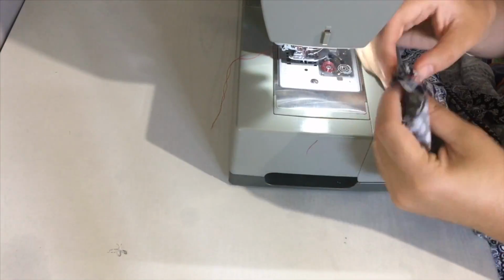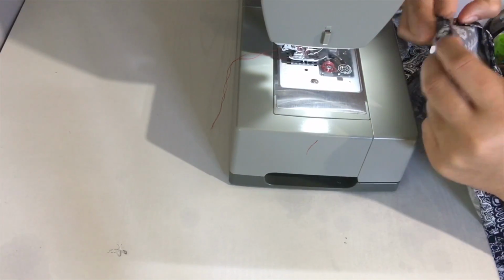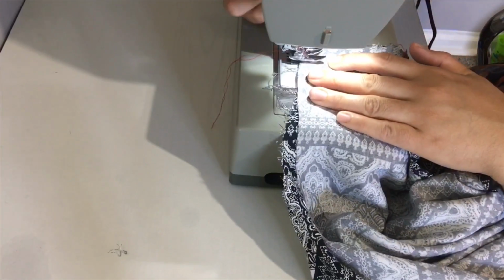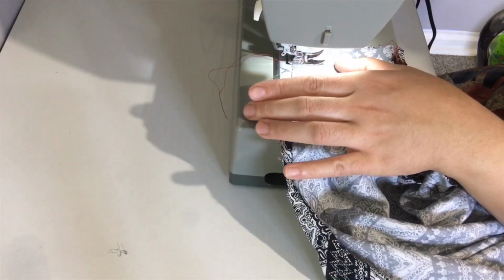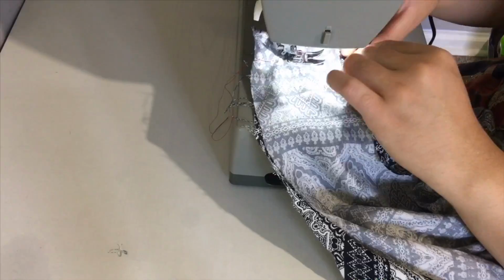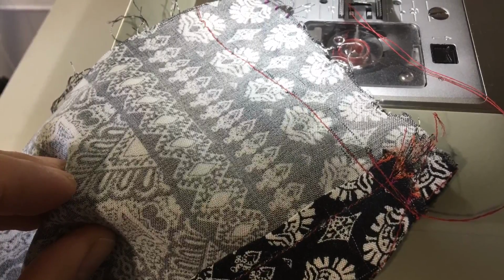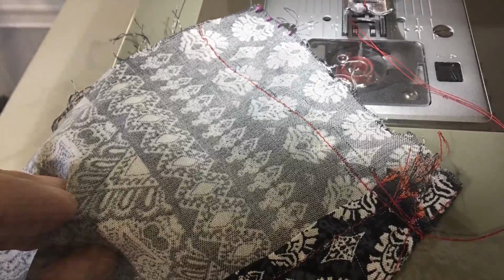So guys, now after that part's done, we're going to put the shoulders together. We're going to put both of the right side fabrics together like this, and we are going to have about 1 inch, or you can have like 1.5 inches, and we're going to start off by closing our shoulders like this. I usually go like 1 inch to 1/2 inch up like this,